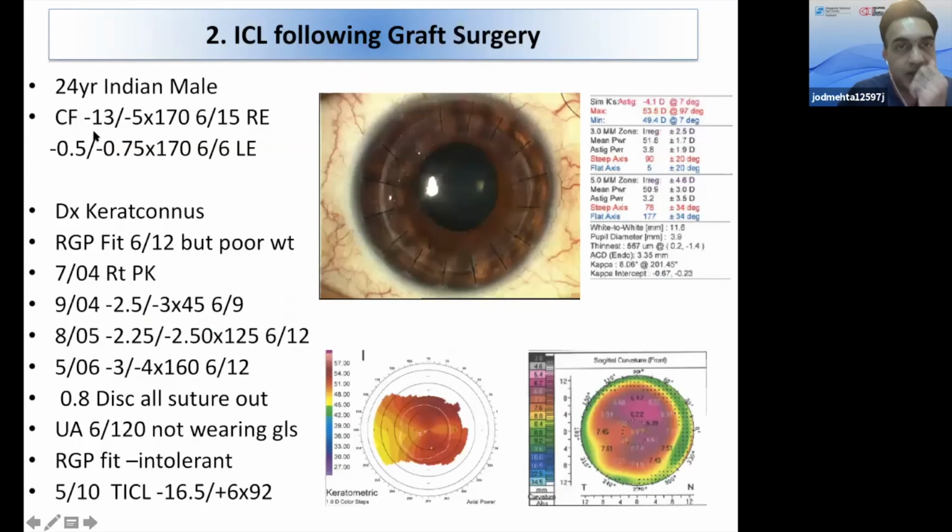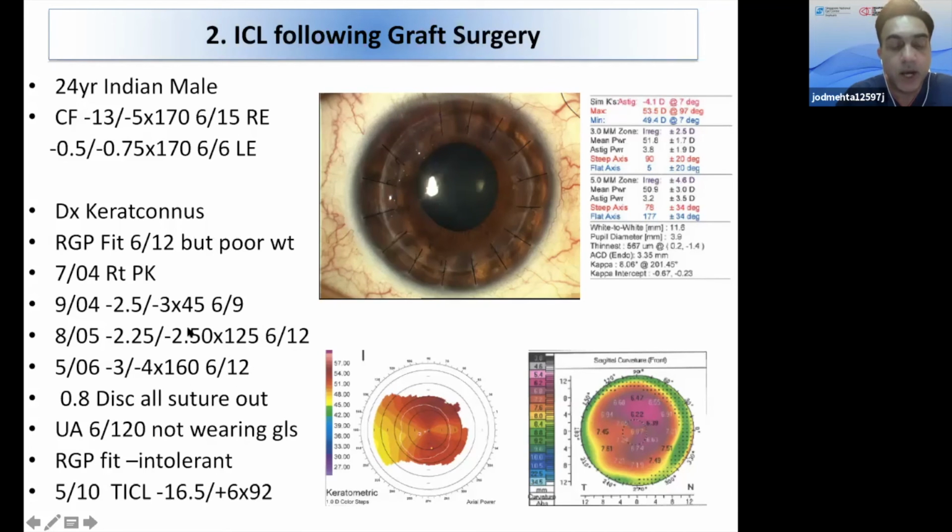So here we have another case of a patient who had a graft done back in 2004. His visual acuity was quite poor following his graft. His refractive error was about -13.5, giving him 6/15 visual acuity. So he tried an RGP contact lens. He had a poor fit with poor wear time. So his visual acuity potential was actually quite good. He was able to get refractable after he had his stitches removed up to 6/9 vision over in his